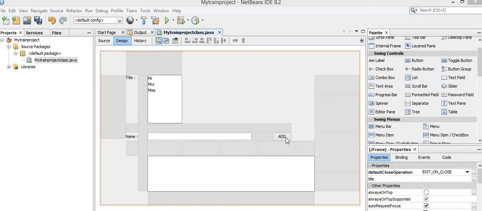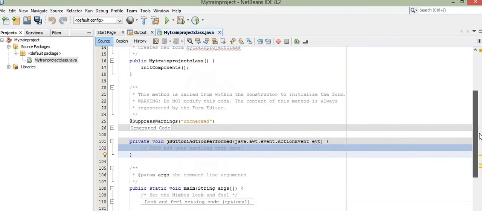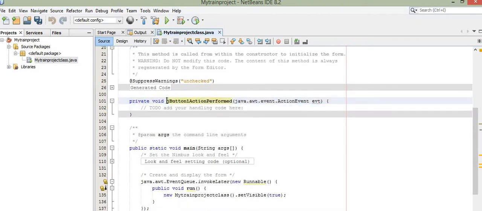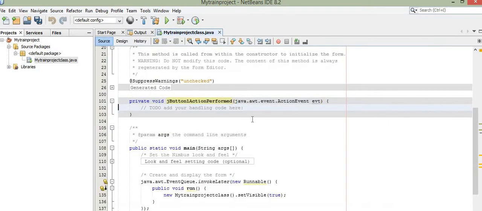So I shall now double click this add button, and on doing that, it will direct me to this method, that is JButton1 action performed. I shall again show you. On double clicking this add button, it will direct me into this method, that is JButton1 action performed,